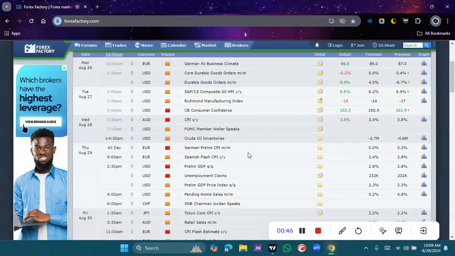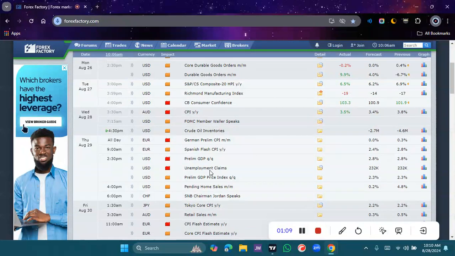So we start our analysis every time on the economic calendar. As you can see, there's a no trade over here. What I don't understand is what would push someone to want to trade on a day like this when you can wait on a day like this where there's German CPI, there's